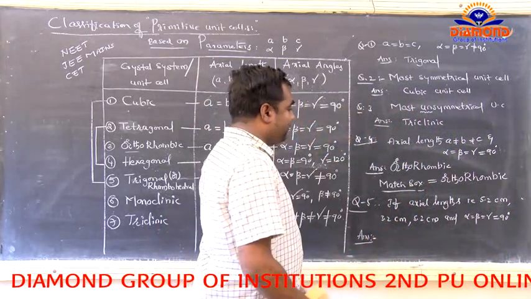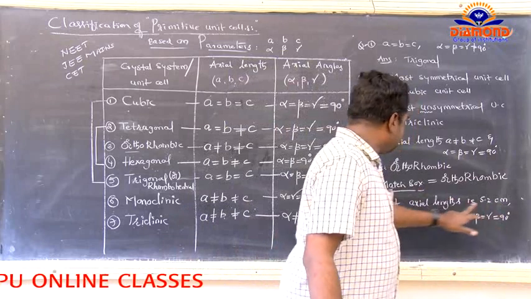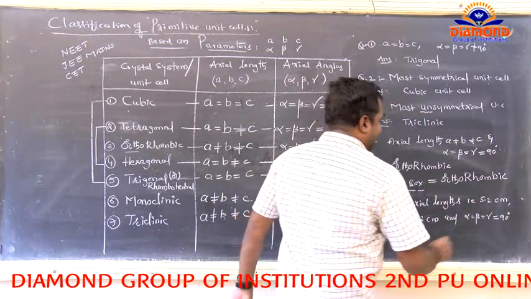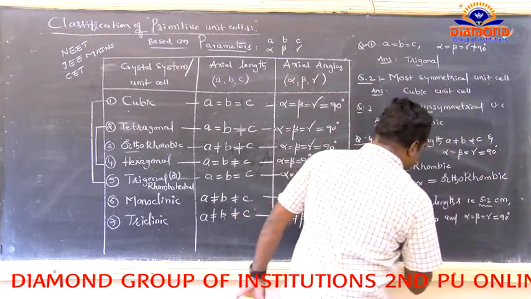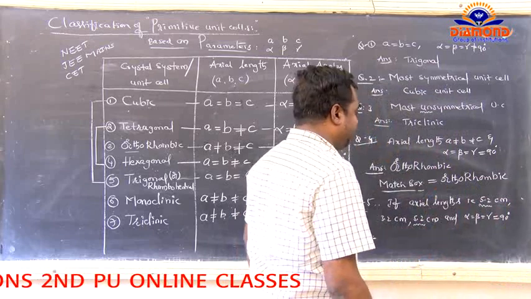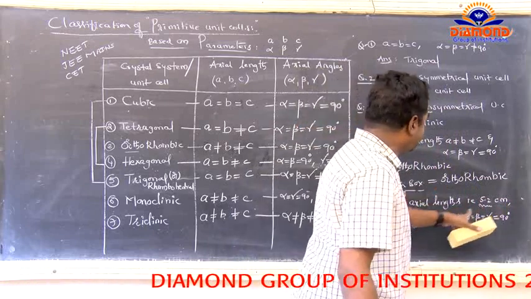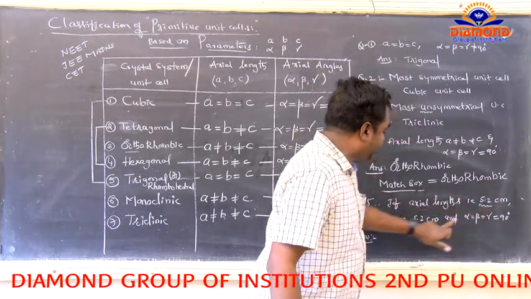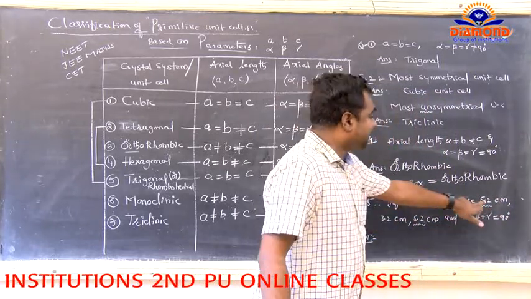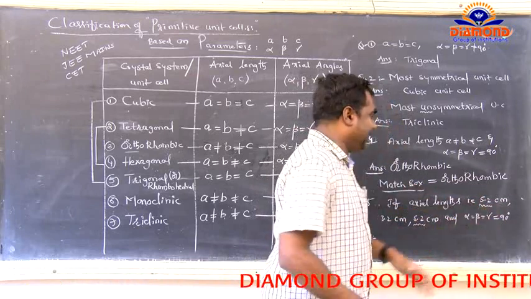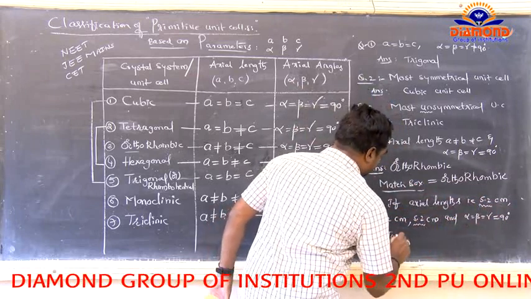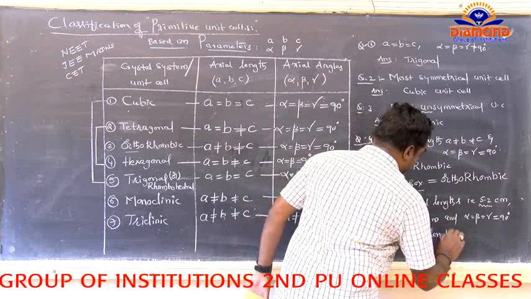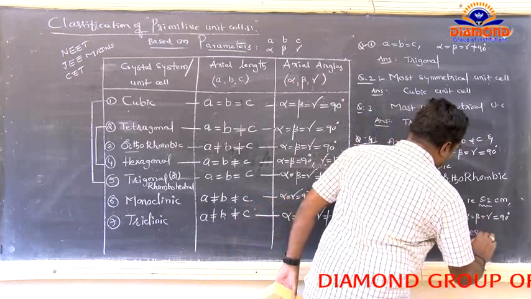What's the meaning here? Here we have 5.2 centimeters, 3.2 centimeters, 5.2 centimeters. But the two axial lengths, 5.2 centimeters and 5.2 centimeters, are equal. So here two axial lengths are equal,